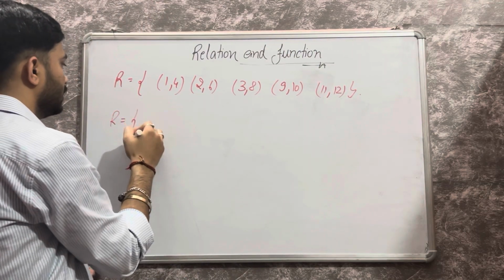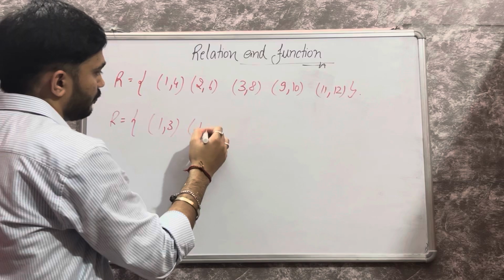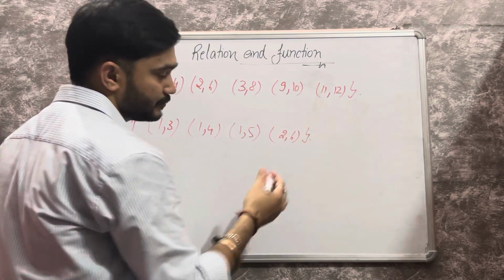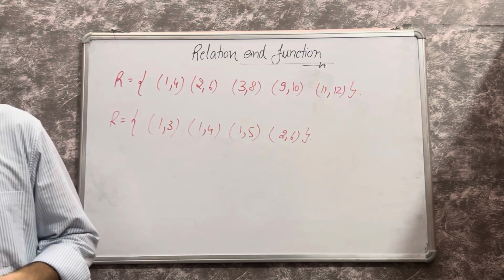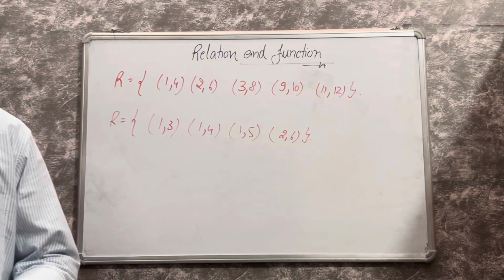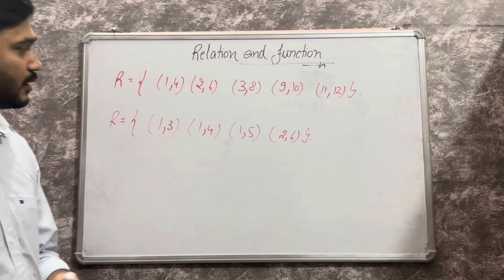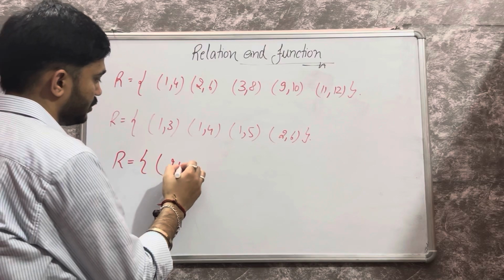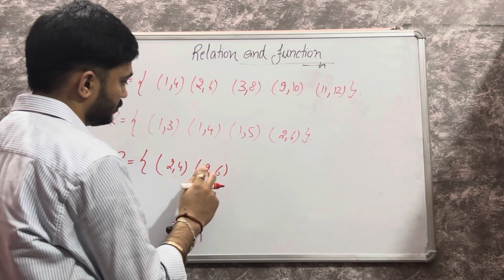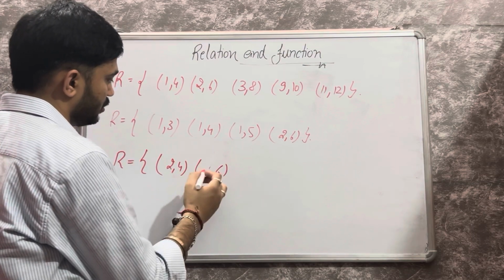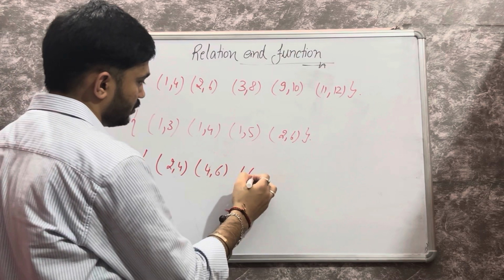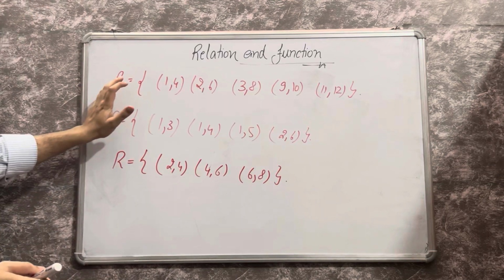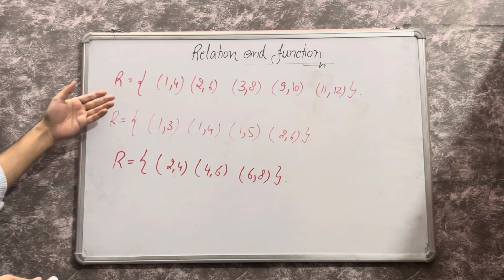Let R be another relation between (1, 3), (1, 4), (1, 5) and (2, 6). Let R be another relation that is (2, 4), (2, 6), sorry, not (2, 6), (4, 6), (6, 8). Now whenever you see a relation and you are asked whether this relation is a function or not,